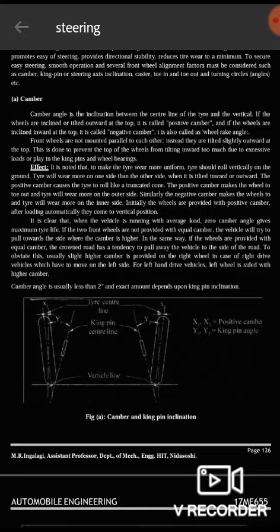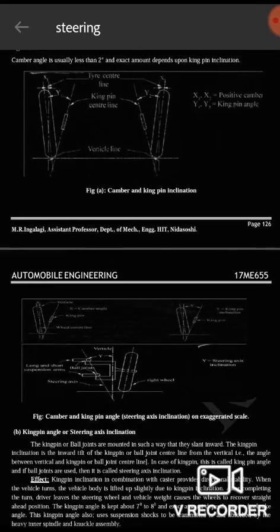Usually, slightly higher camber is provided on the right wheel in the case of right-hand drive vehicles, which have more crown on the left side. For left-hand drive vehicles, the left wheel is set with the higher camber. Likewise, the camber arrangement is provided for the different positions of the vehicle. And now